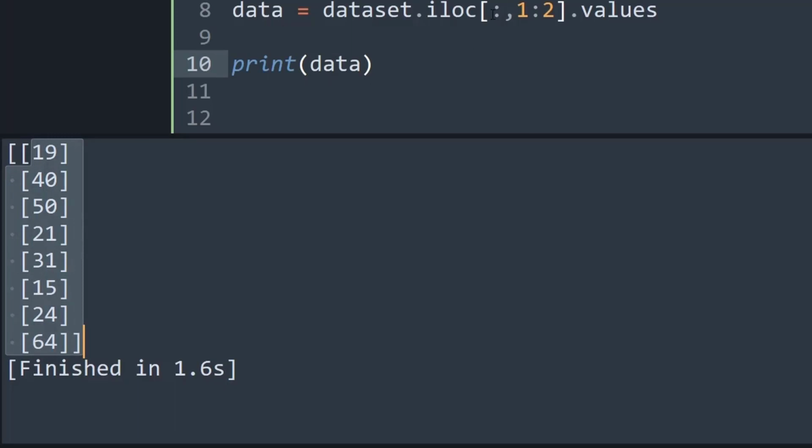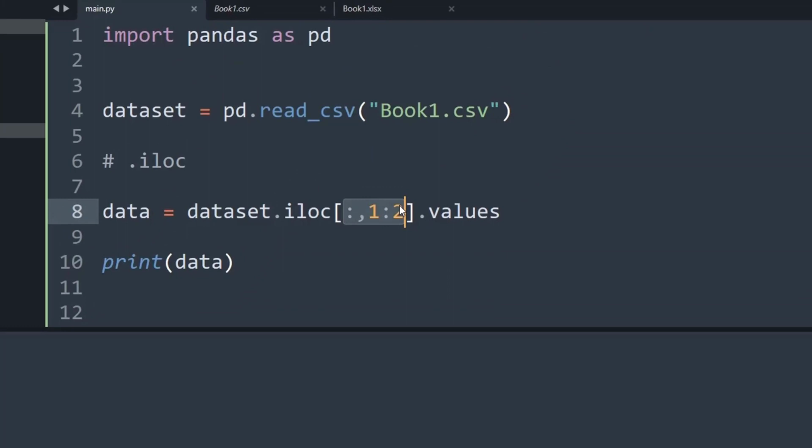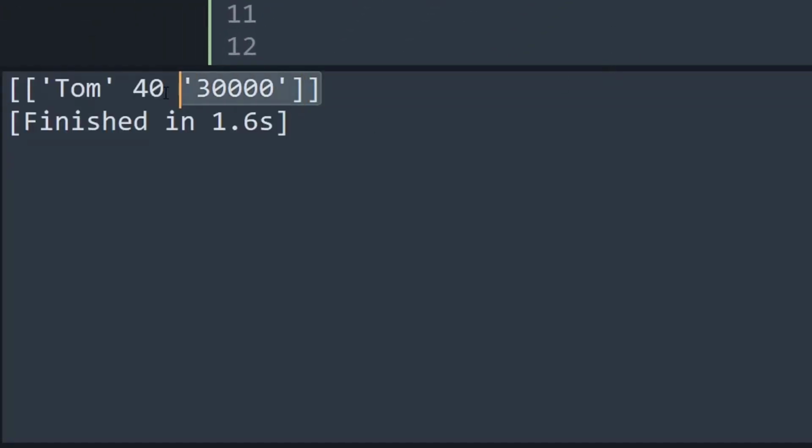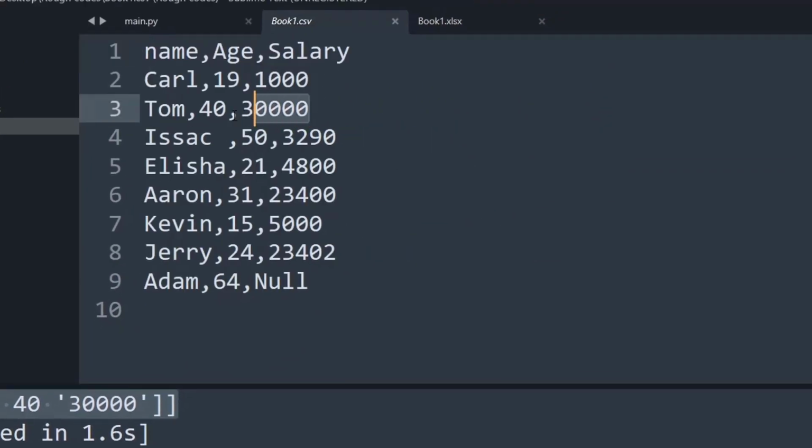Again, you can make changes based on your liking inside this data present. For example, if I remove the first colon and the comma and I run this code, as you can see, we are getting the data of Tom, that is the person present at the second index.